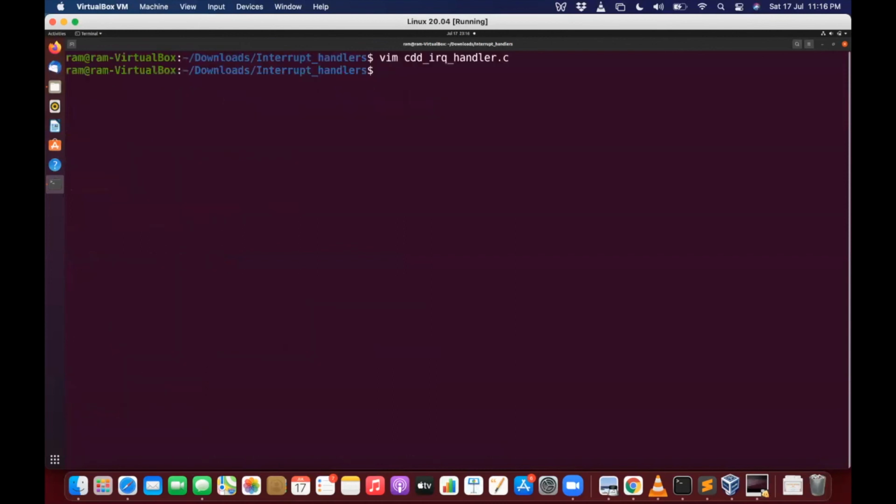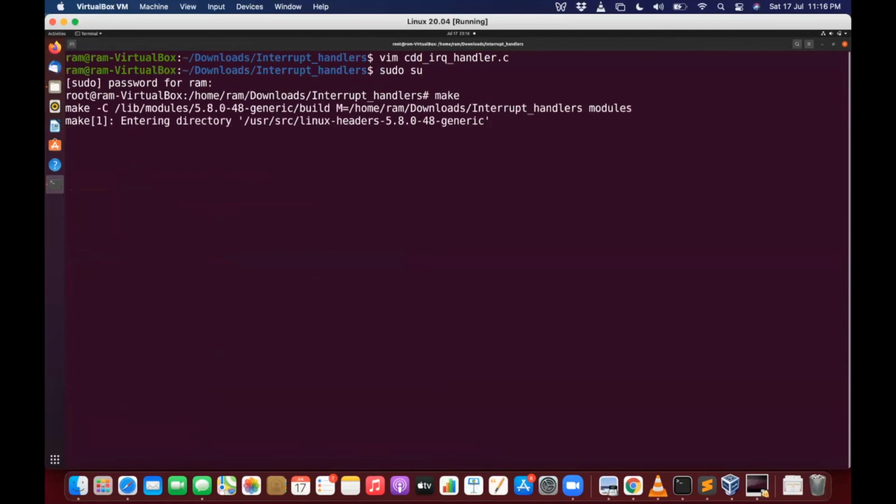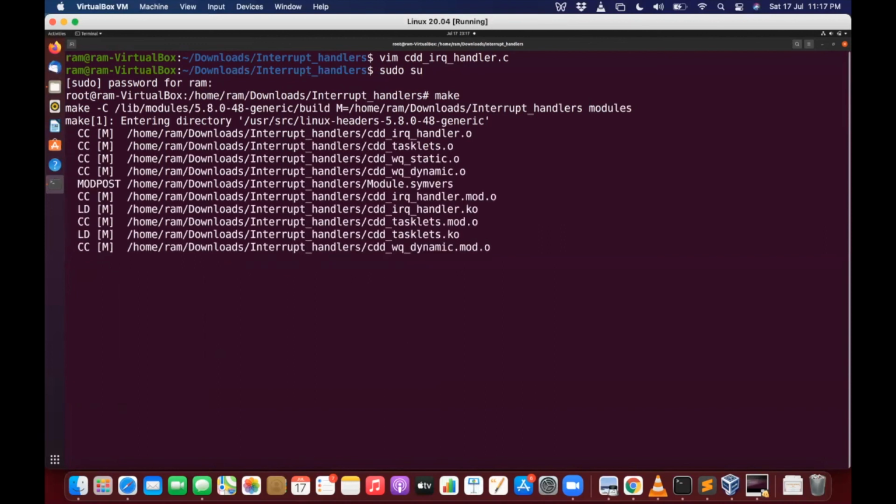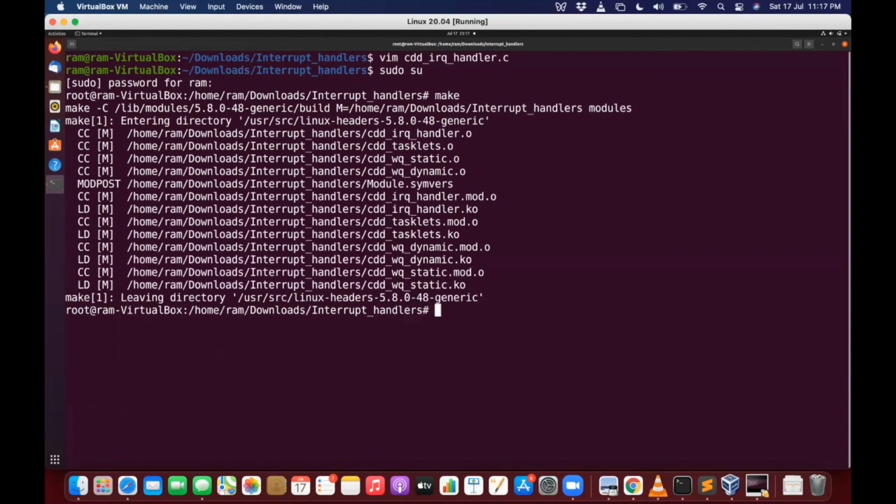We have made our modules. If you don't know, the device driver code is what we are generating the modules from.